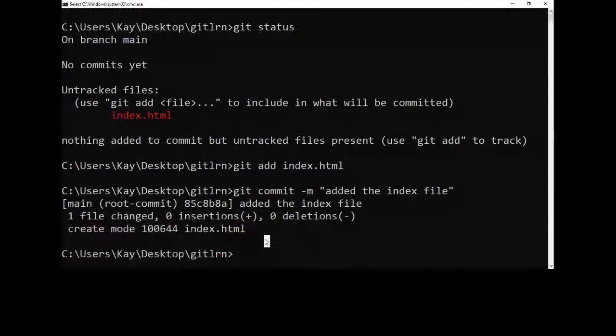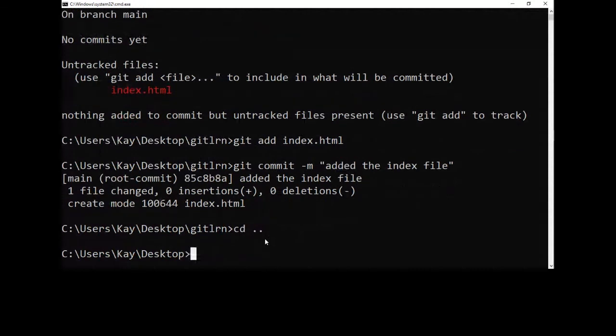Every time you create a project or every time you create a folder, you have to initialize GitHub in it. Let me first get back. Let me say I've created a new folder called learn git2. Now, for you to be able to create a folder on the command line, you just say make directory learn git2. Now I've created a folder. Every time you write this command, it is all about creating a folder. Now I've created that folder. In order to go to that folder, I say cd into git